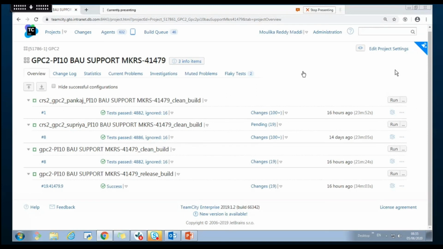Statistics is where you will see the build time, how long the tests took, and how long the build is taking; it will calculate the average time. So in future, when you run the same build after 3 months, if it is taking more time, it will show a warning that this is taking more time and the build might have hung. Statistics is useful for that reason. Current problems shows if there is any error or warning in this job, and the problems which need to be fixed.